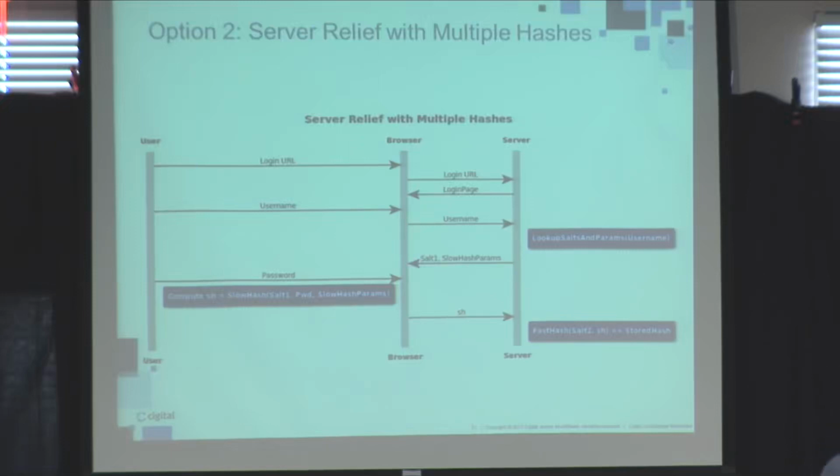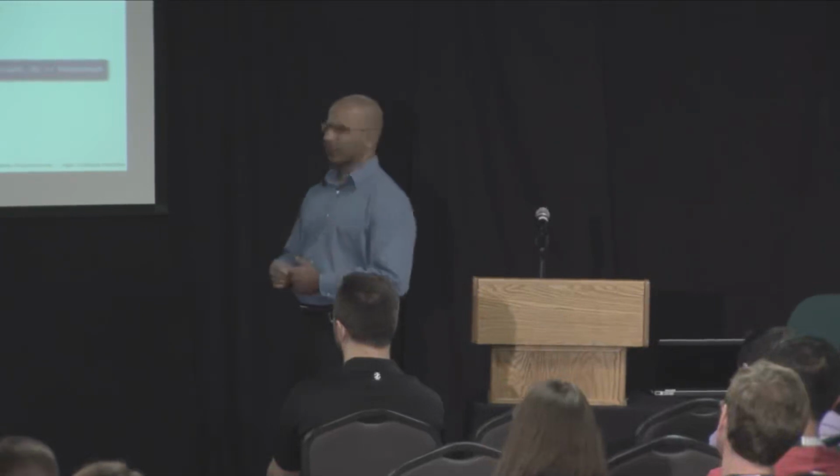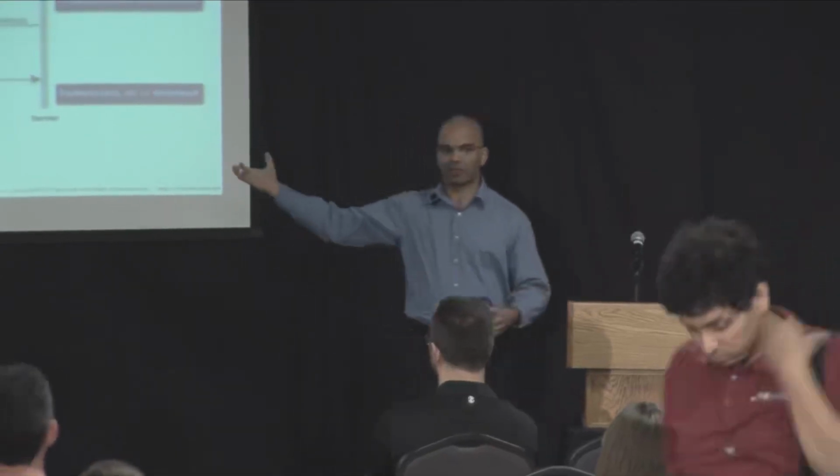Well, we're using the fast hash on the server side, so that's all the attacker needs to do that. Technically, yeah, the attacker only needs to break that. Now, one potentially good thing about this approach is that you actually have to start from a password to be able to get the values that are stored on the server, right? So if you're building a hash table, you have to compute the slow hashes as well as the fast hashes. So it does maybe slow you down, but